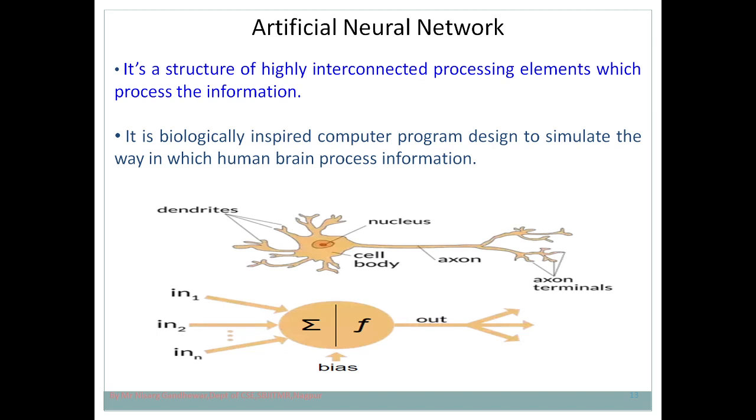We want that same thing to be there in the case of a machine, and for that purpose the term comes, that is artificial neural network, a man-made neural structure. If we split these three words: artificial means man-made, neural means it is based on neurons, and network means things which are connected with each other. Why? Because in the human brain all the neurons are connected with each other and they process in parallel, and millions, billions of neurons are processing at the same time.